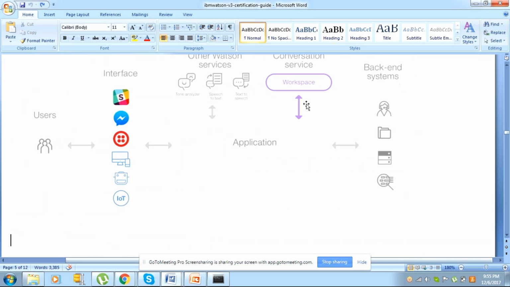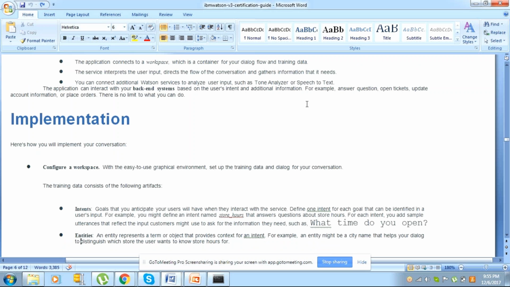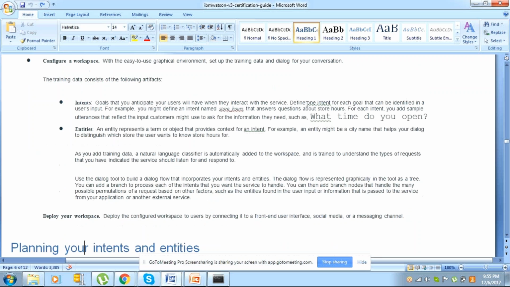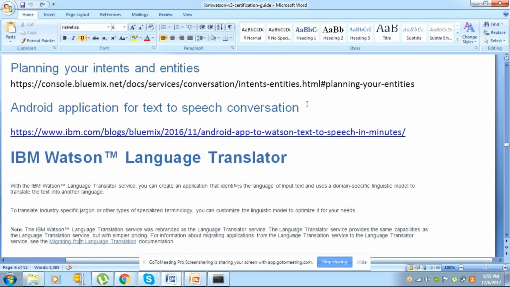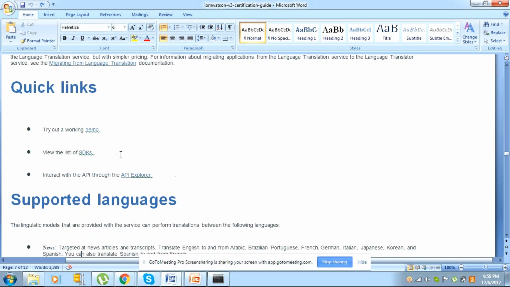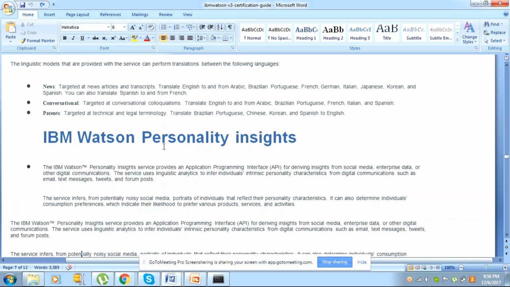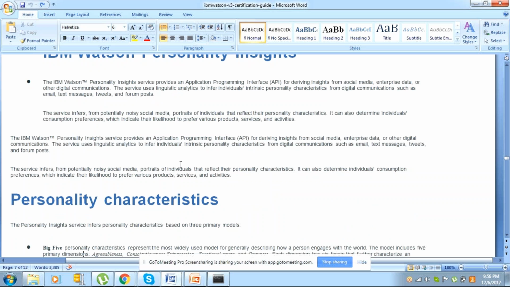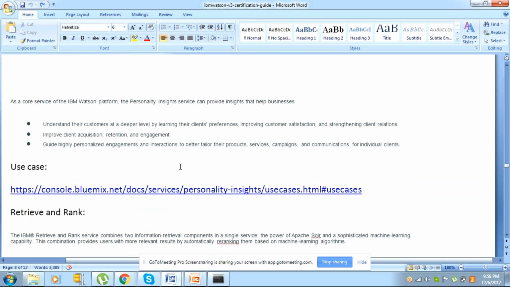Implementation details, use case details, pros and cons. What's a natural language translator? Some quick links are there, videos, and some SDKs and APIs. We have to check some of the APIs we need to understand, like personality insights. For every service, individually, we need theoretical concepts as well as use cases, for 7 to 8 services. We need all these things to understand the theoretical concepts, some use cases, and running the command wherever applicable, and see how Watson gives us the response.